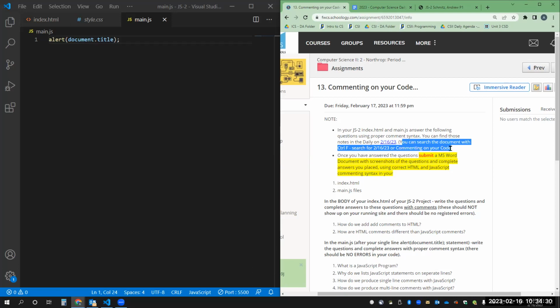That's not really helpful right now, but let's say this is a week or two from now and you haven't done this assignment yet, and we have notes from 2/17, 2/18, 2/19, 2/20, and you can't really find it. You can just do a Control F for commenting on your code, and it'll take you to that portion of the daily for you. Now, once you have answered the questions, remember, you're going to answer them in your index.html